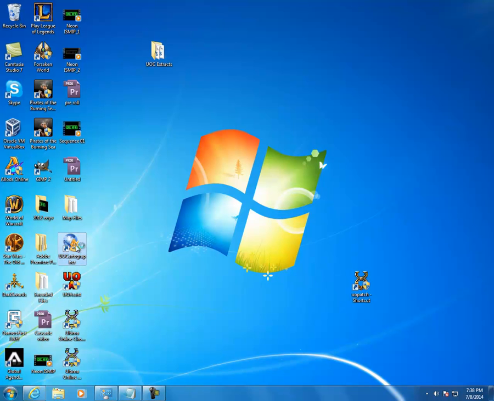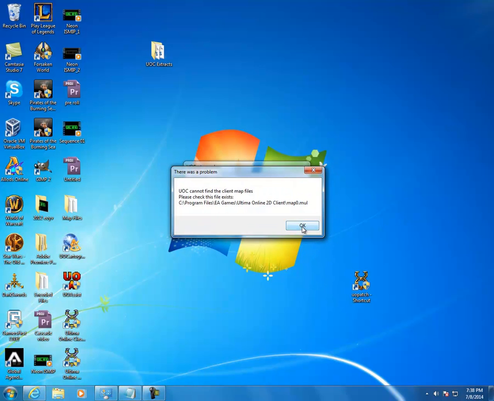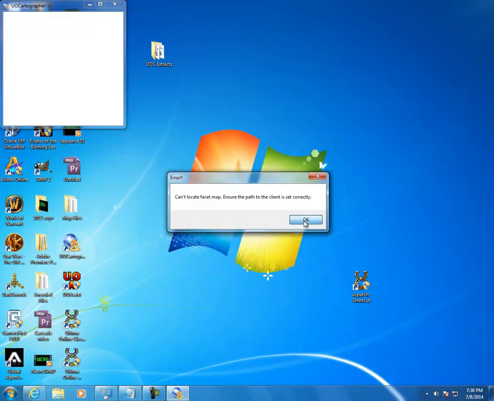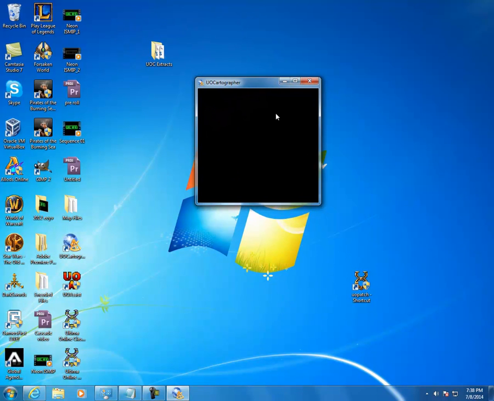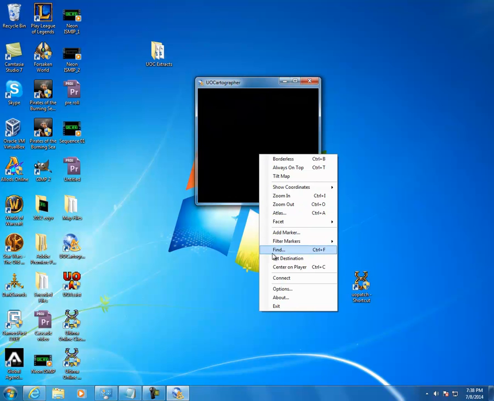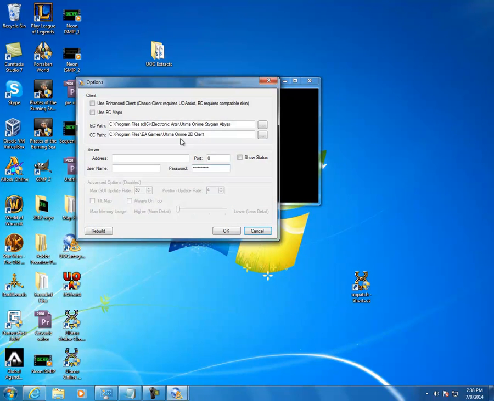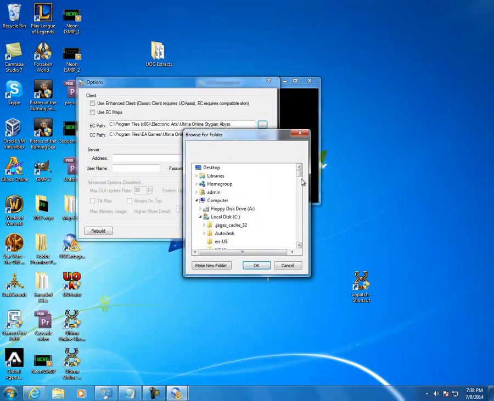So go ahead and run Cartographer once. It's going to give you all sorts of error messages. It's going to tell you it can't find maps. Just keep going, and then you'll get the lovely black screen that everybody just really wants to see. So you're going to right click, go to options. If you're using enhanced client, go ahead and check those 2 boxes. If not, leave them unchecked, and check your pathways and make sure that you are pointing your EC path to